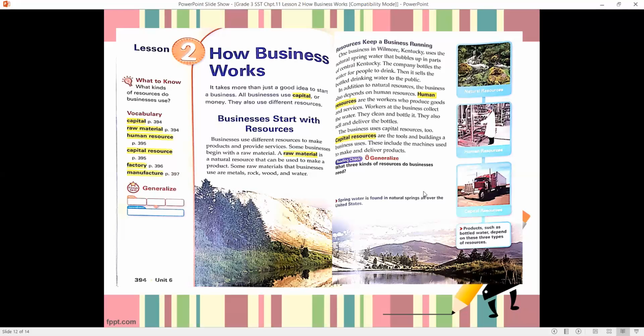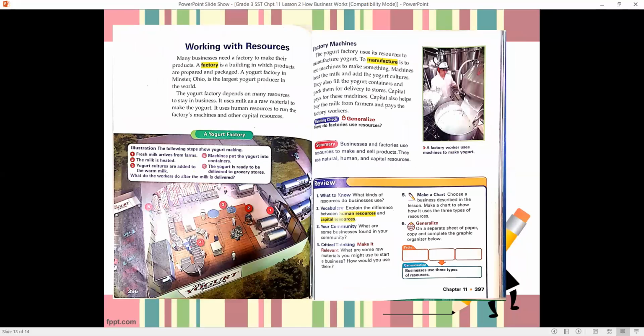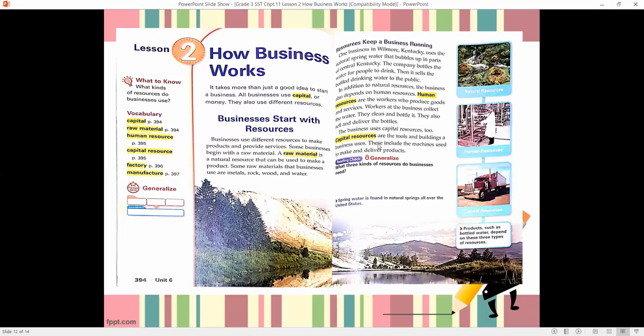The business uses capital resources too. Capital resources are the tools and buildings a business uses. These include the machines used to make and deliver products. So,